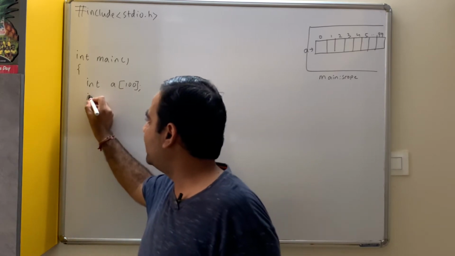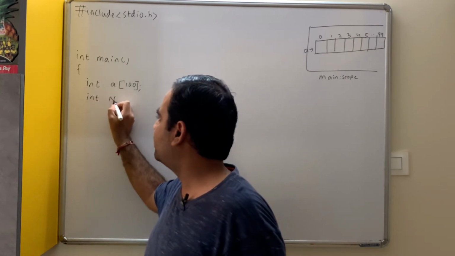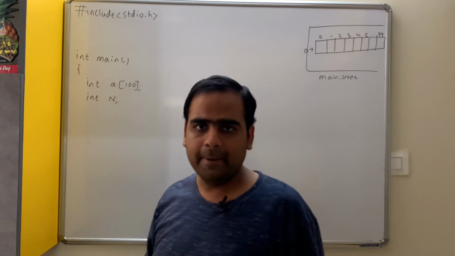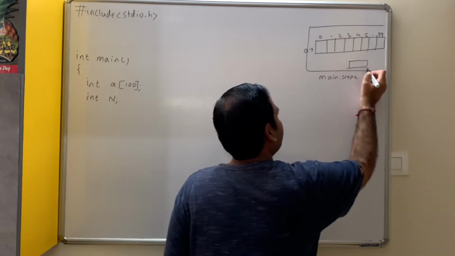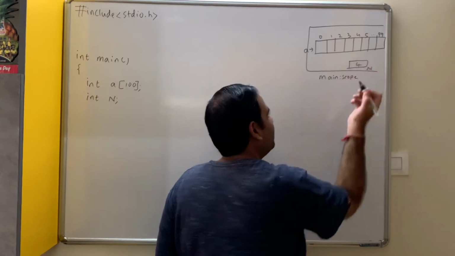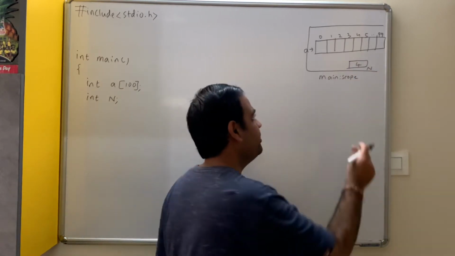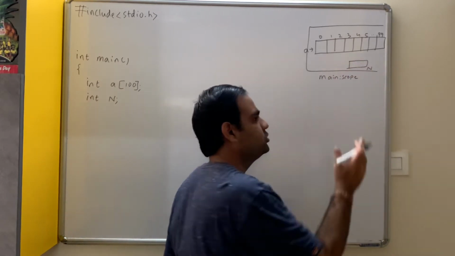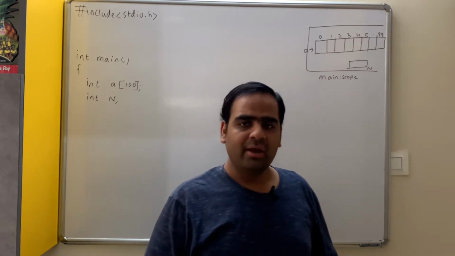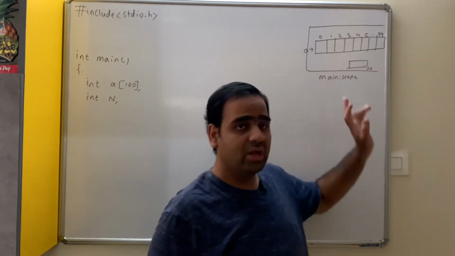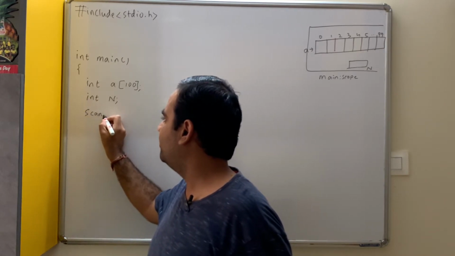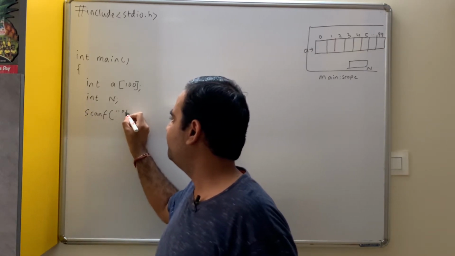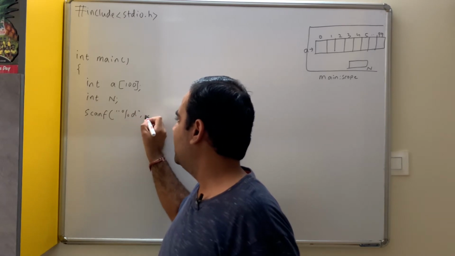Therefore, how many array elements we want to store? Let us write in some variable n. Now, what does n represent? n represents how many array elements you want to store. If n is 4, we want to store 4 elements. If n is 6, we want to store 6 elements and so on. Now what is the value of n to begin with? It is garbage. Therefore it becomes essential for us to read the value of n